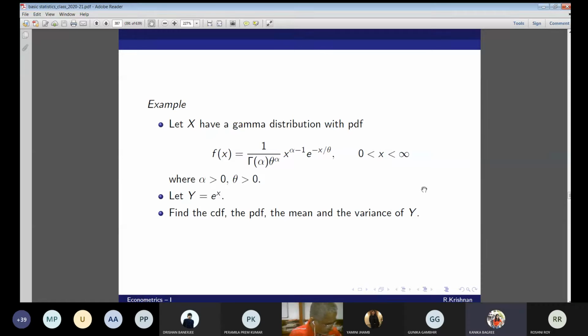Can we use Jacobian in this case, because I don't know how to integrate that from zero to infinity? Why do you need the Jacobian here? What is G(y)? G(y) equal to P(capital Y less than or equal to y), equal to P(e power X less than or equal to y). X less than or equal to ln y, probability of X less than or equal to log y. Now write the G(y) in integral form.